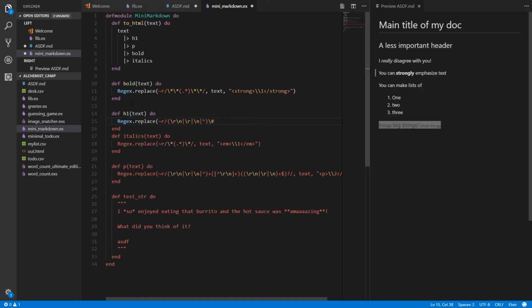pound, we've got a \ escape the pound. Then some number of spaces. Space is just a space in Markdown. In regex, it's going to be 1 or more spaces. And then any amount of anything. But the first thing in it can't be a pound. So we'll use the bracket capture. The caret at the beginning of that means matching anything but the following. So anything but a pound